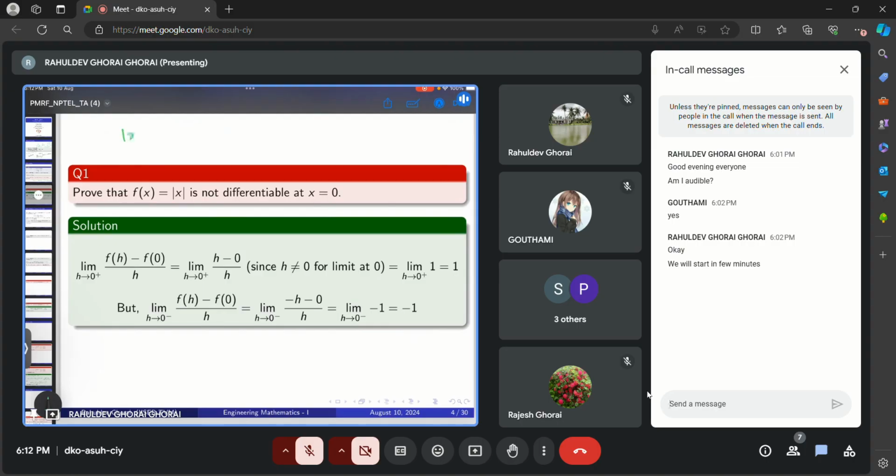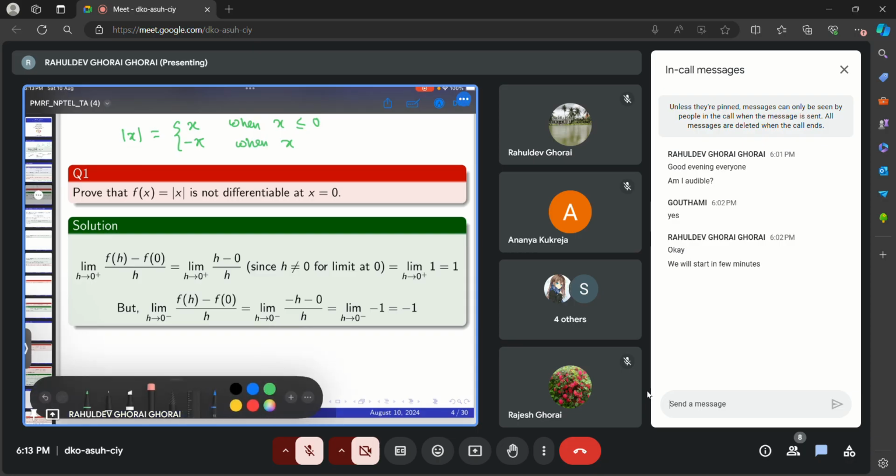Let's write what modulus of x is. Modulus x looks like x when x is greater than or equal to 0, sorry, I made a mistake, and when x is less than or equal to 0, it is minus x, right? So the graph of this looks like